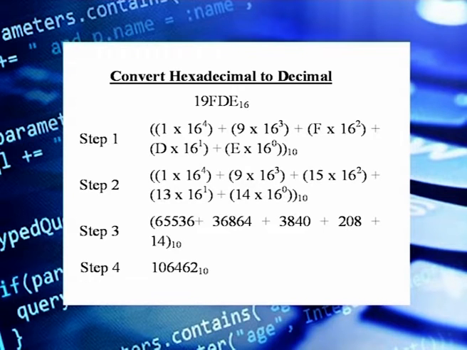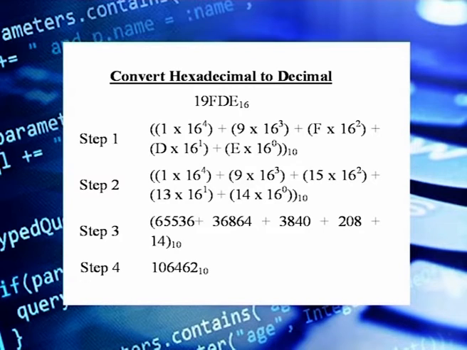Here, in step 1, we have 1 into 16 raised to power 4 plus 9 into 16 raised to power 3 plus F into 16 raised to power 2 plus D into 16 raised to power 1 plus E into 16 raised to power 0, which is equal to 1 into 16 raised to power 4 plus 9 into 16 raised to power 3 plus 15 into 16 raised to power 2 plus 13 into 16 raised to power 1 plus 14 into 16 raised to power 0, which is equal to